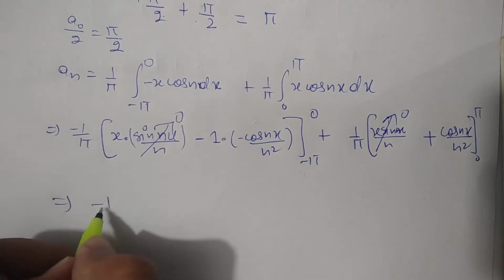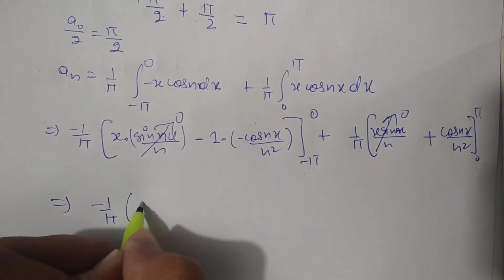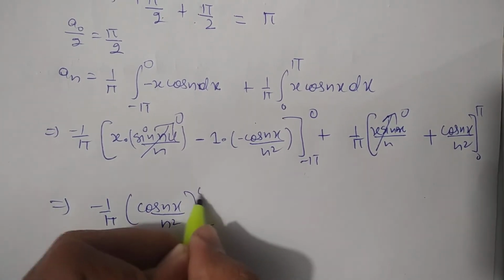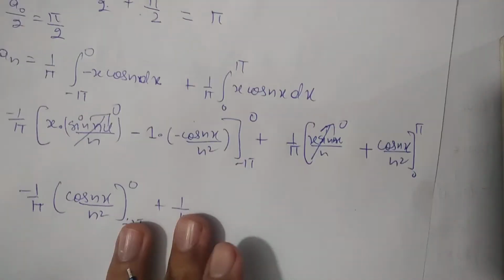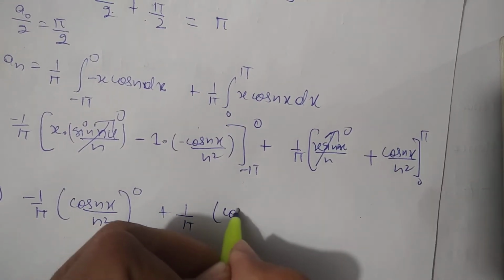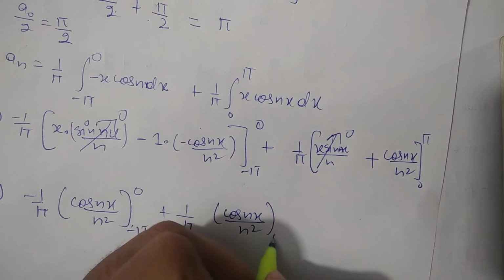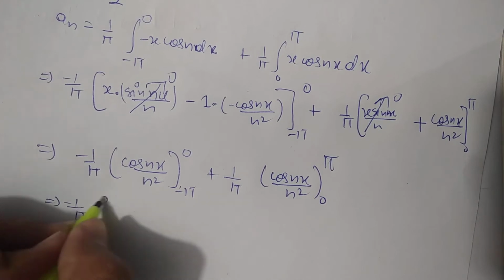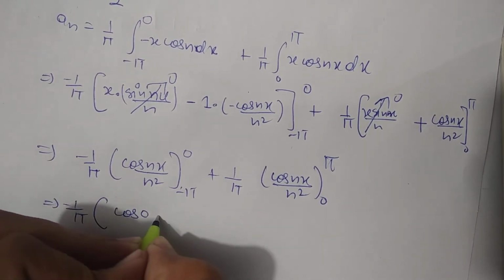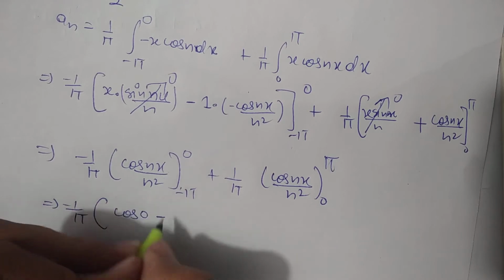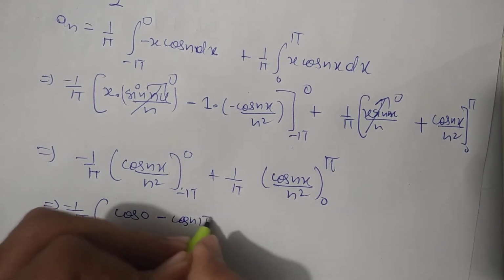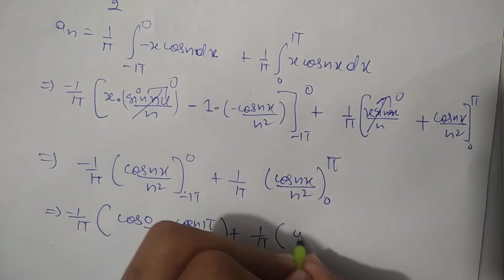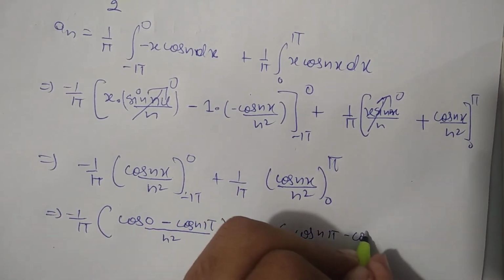So from here we will get minus 1 by pi bracket start cos nx by n square. Now putting the limits from minus pi to 0 and plus 1 by pi, and this value is cos nx by n square. Now put the limits from 0 to pi. Then we will get the value just like that, minus 1 by pi and cos 0 minus cos minus n pi. So this value will be cos n pi only divided by n square, then plus 1 by pi, and inside cos n pi minus cos 0 divided by